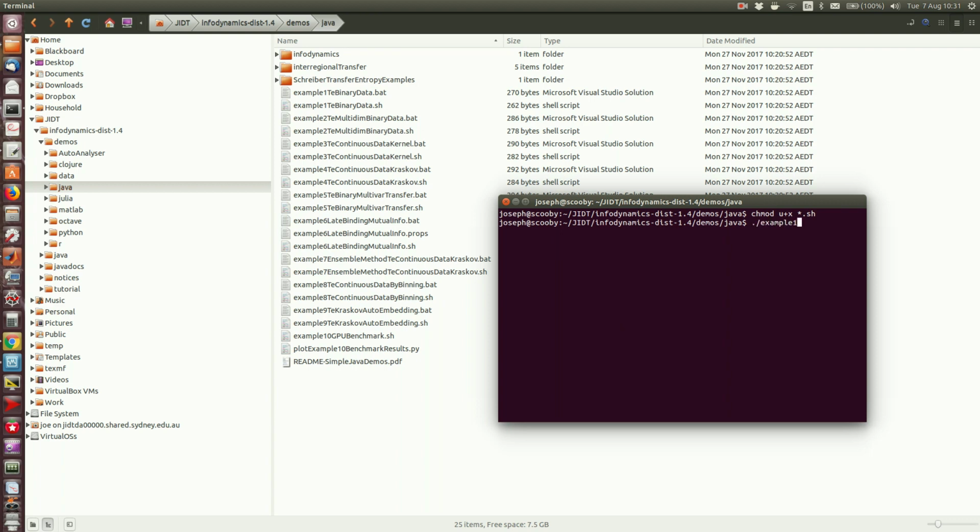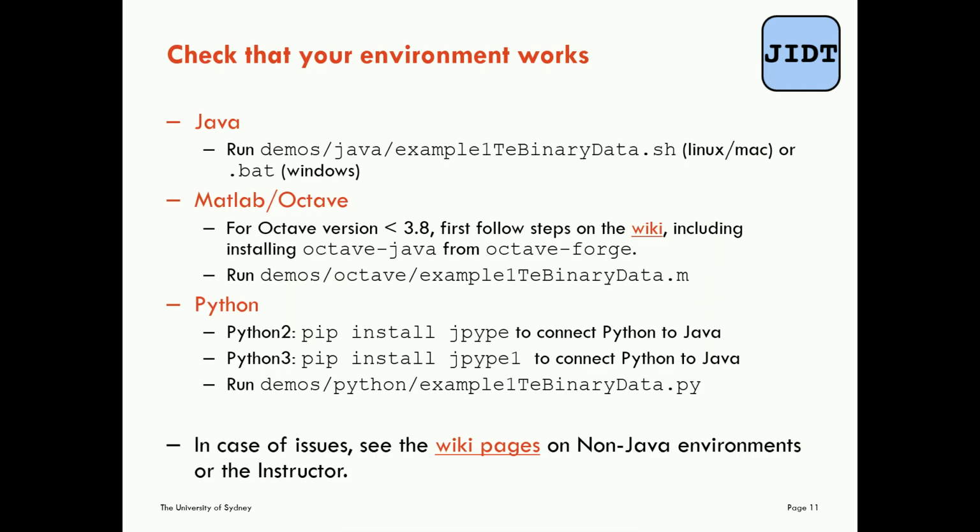example 1. Okay, I've run that and everything worked fine. It's given me some sample output here for a calculation of transfer entropy on some random data. So Java works fine. Coming back to the slides here, we're next going to check that our Matlab or Octave